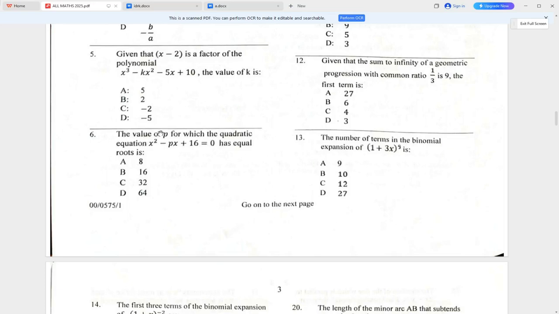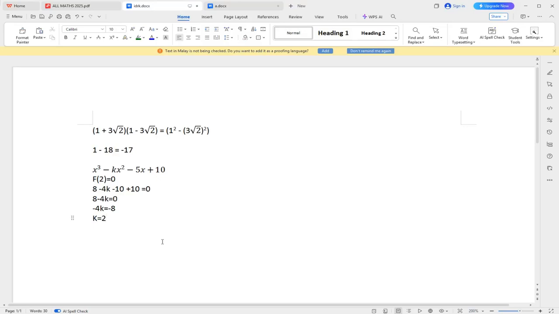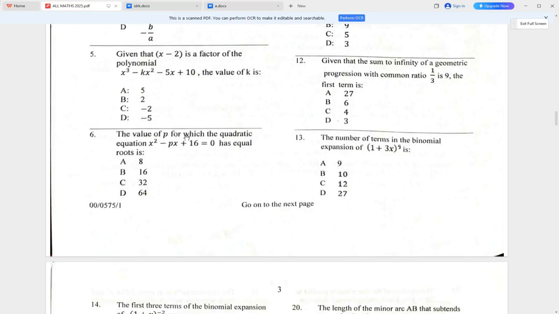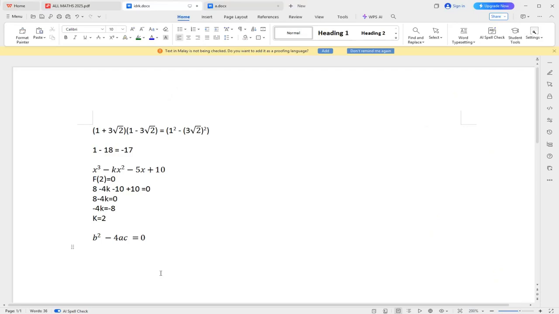Now question 6, the value of p for which the quadratic equation x squared minus px plus 16 is equal to 0 has equal roots is, for the roots of a quadratic equation to be equal, then its discriminant, which is b squared minus 4ac, has to be equal to 0. Looking at our quadratic equation, our b is negative p, our a is 1, our c is 16. So b squared is going to be p squared,